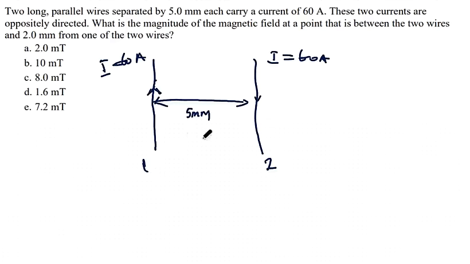So we're asked to calculate the magnetic field at the point where, let's say, this point is 2 millimeters from this side, and the distance from the other side is 3 millimeters. Using the Biot-Savart law, we have